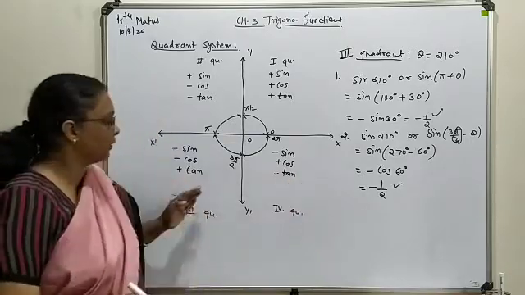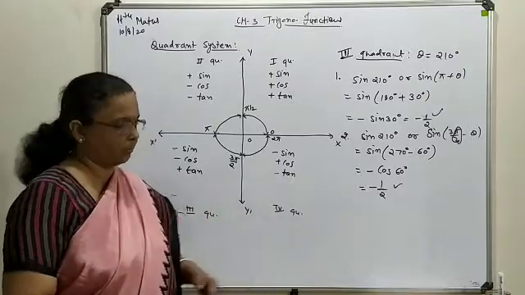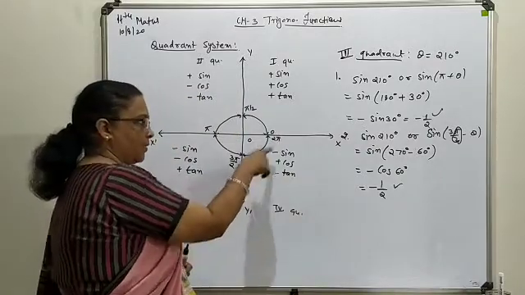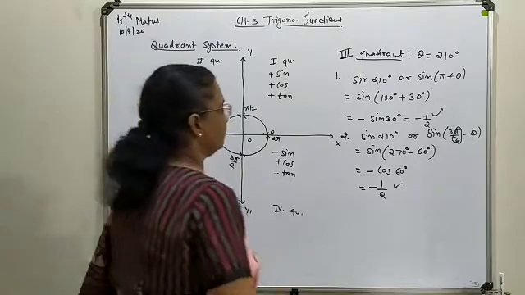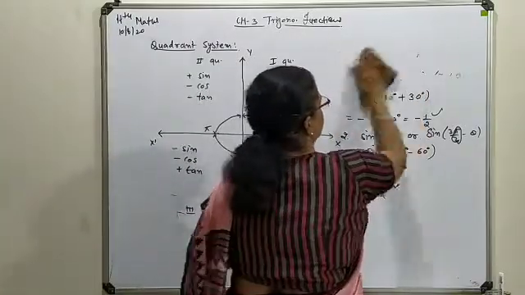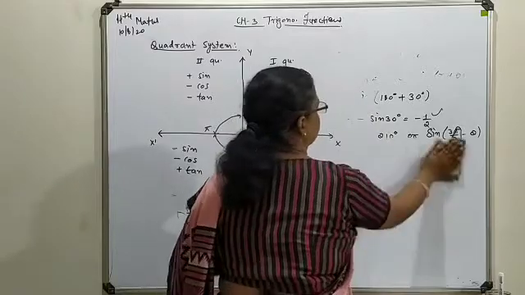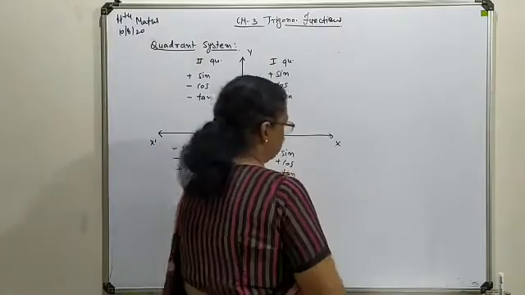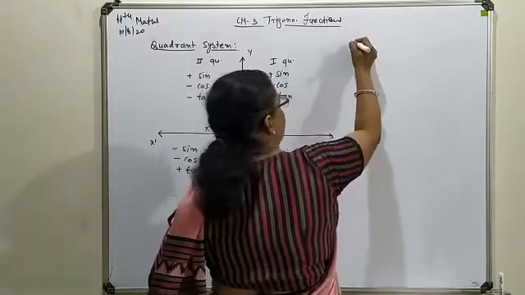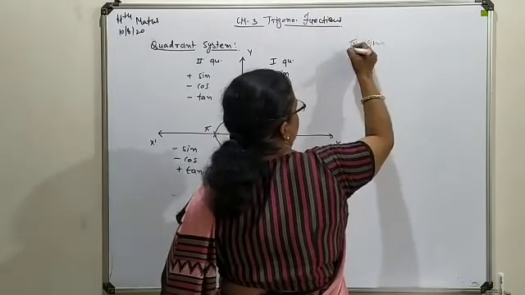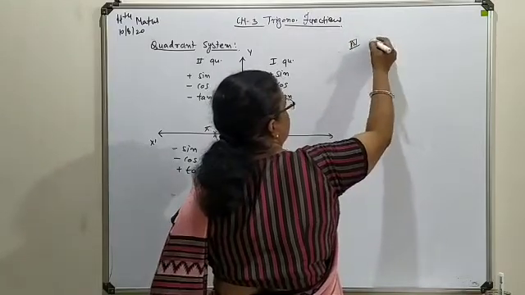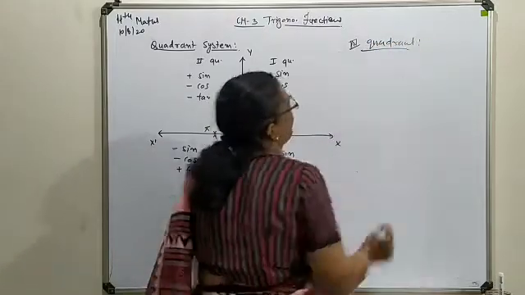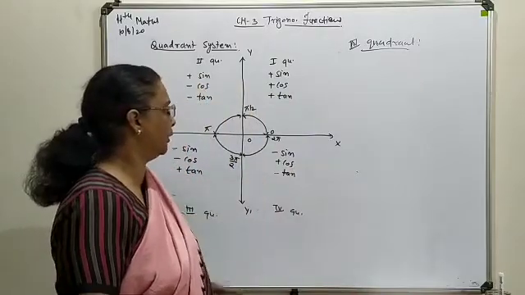So the concept should be clear up to the last extent, what the availability is and how the term can be changed. Now the same thing we are going to discuss about the last quadrant, that is the fourth, in which you can see it is 3 pi by 2 plus and 2 pi minus. So regarding the fourth quadrant, here we are going to discuss the fourth quadrant system.